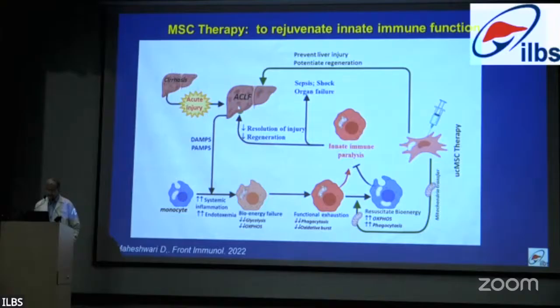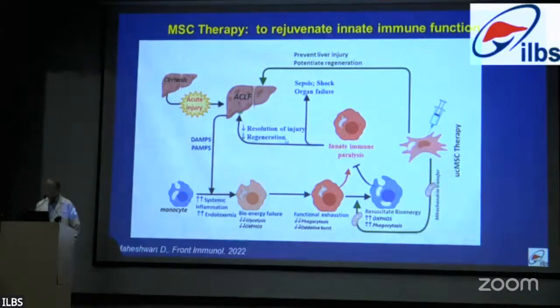Cirrhosis, acute injury causes ACLF, which releases DAMPs and PAMPs. The monocytes are overwhelmed, so there is increased systemic inflammation, endotoxemia. There is a bioenergy failure because of the increased oxygen consumption, decreased glycolysis, and oxidative phosphorylation. And there is a functional exhaustion of monocytes. And because of this, there can be an immune paralysis leading to sepsis, organ failure, and there is no resolution